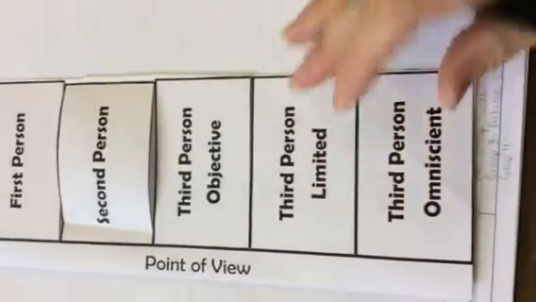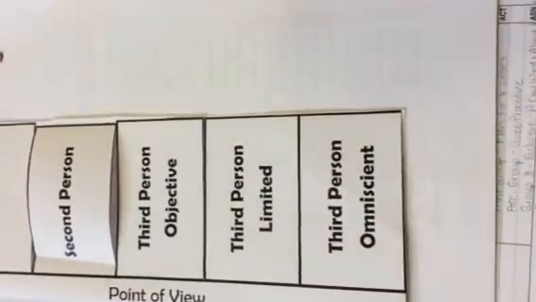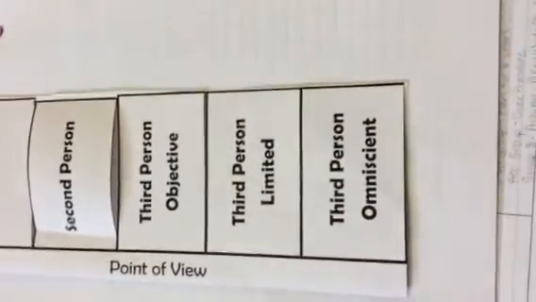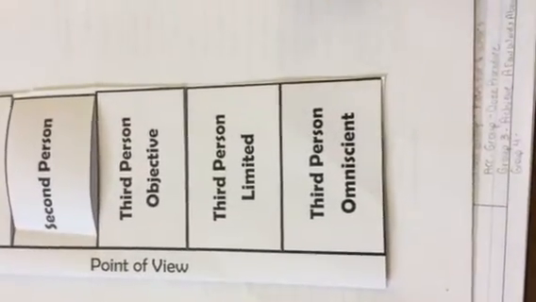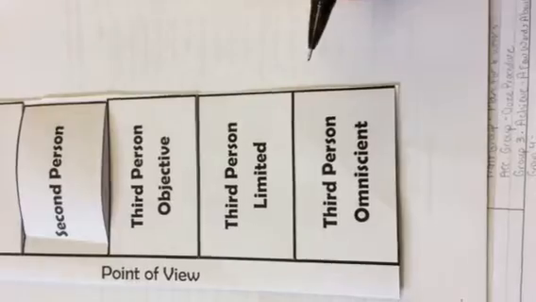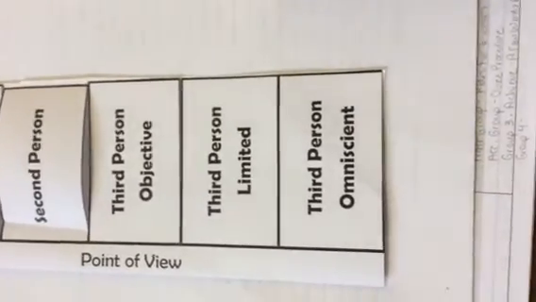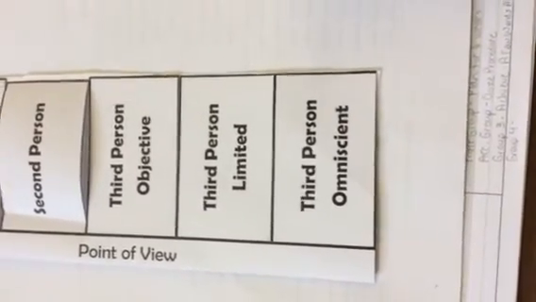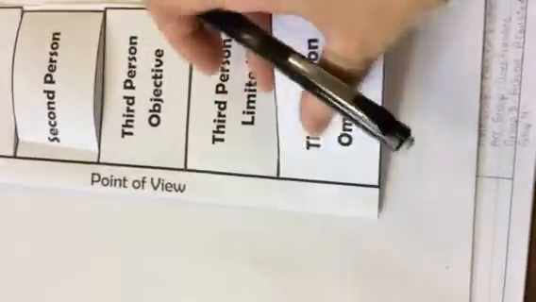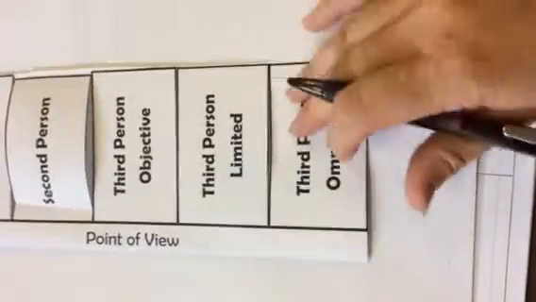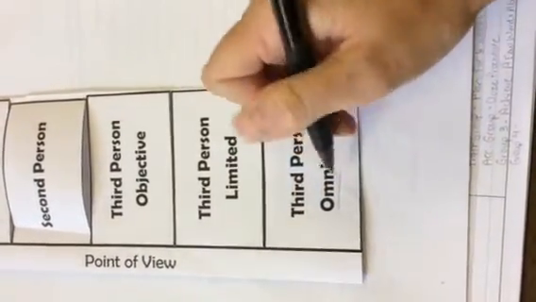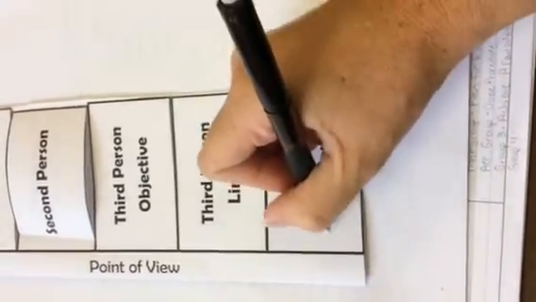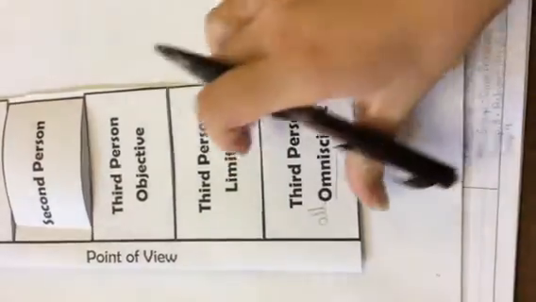All right, so if you guessed third person omniscient, you're absolutely correct. This one's from Charlotte's Web. And so we can get into Fern's mind, we can get into Wilbur's mind, and then later on in the story, you can get into Charlotte's mind too. And because you can read pretty much all of the main characters' minds, this one is called third person omniscient. And we know that the root omni means all. So go ahead and write that down in the front.